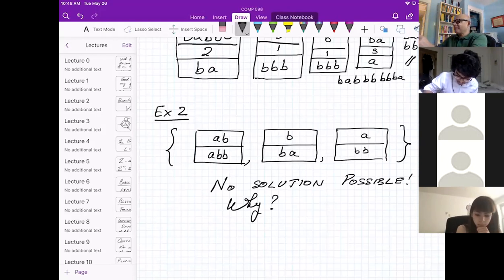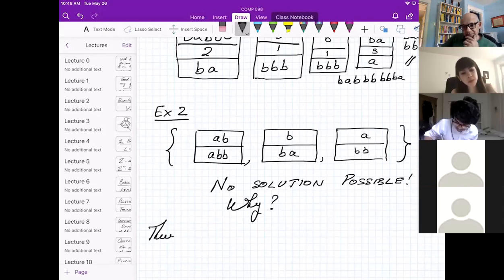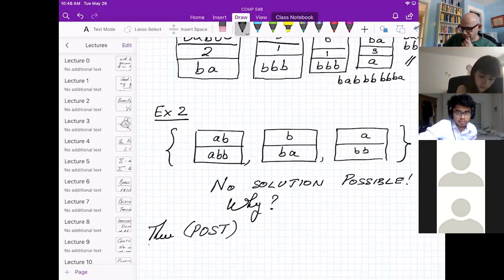So, theorem. Do we always assume that the strings on the tiles are not empty? Yes. I don't think it makes a big difference to the problem, though. Certainly for the one I'm going to do, everything is non-empty.